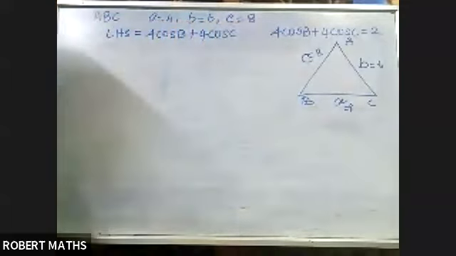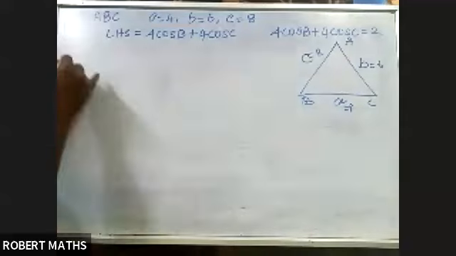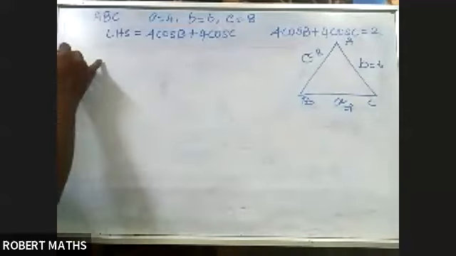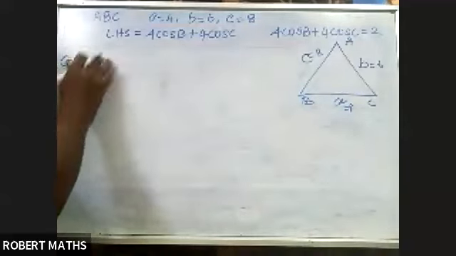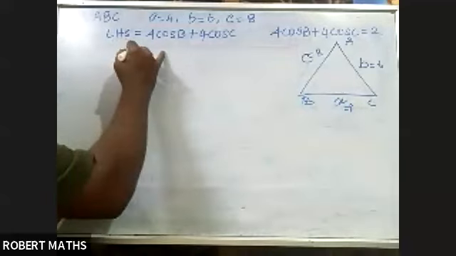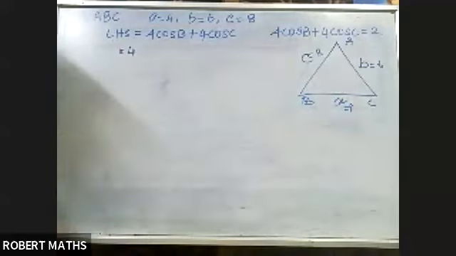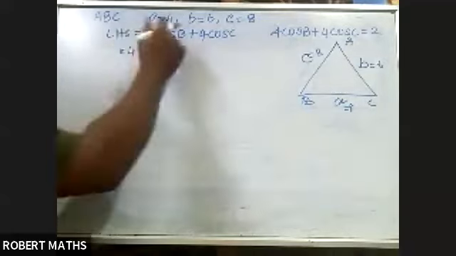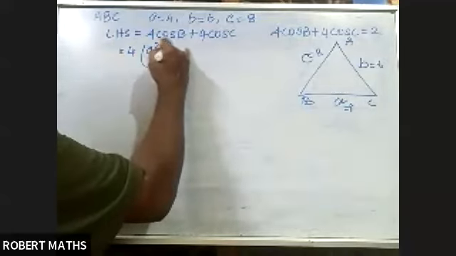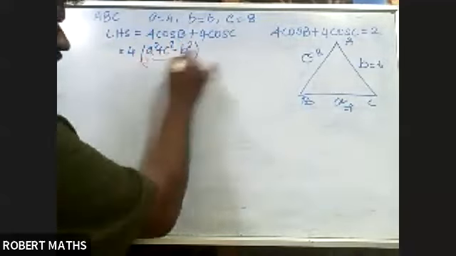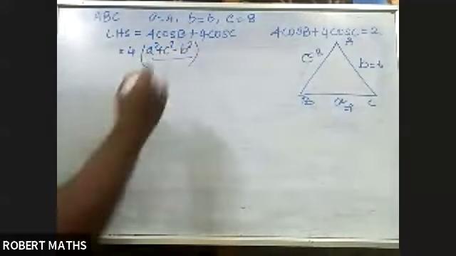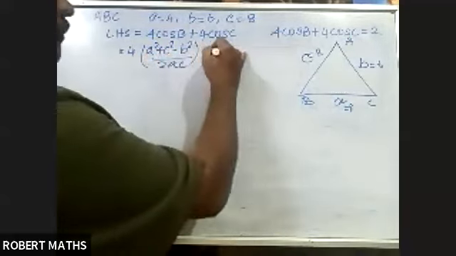Now listen carefully. This is nothing but the cosine formula. What is the cosine formula? We have derived the cosine formula. I gave three formulas: cos A, cos B, cos C. Cos B is equal to a square plus c square minus b square divided by 2ac, plus 4 into